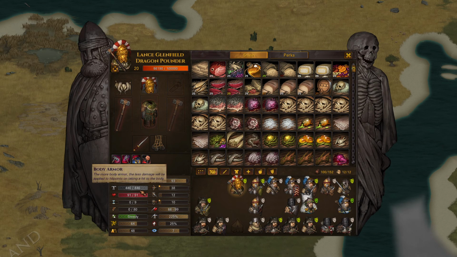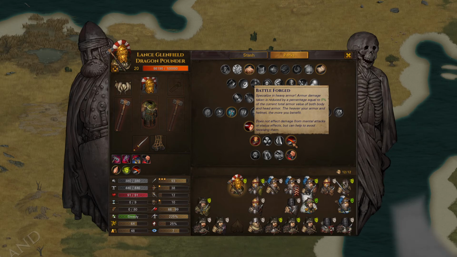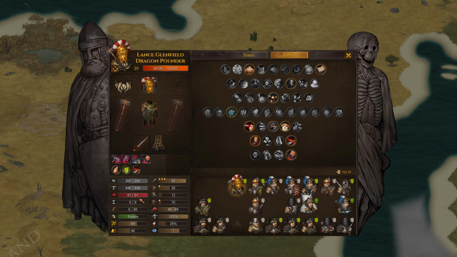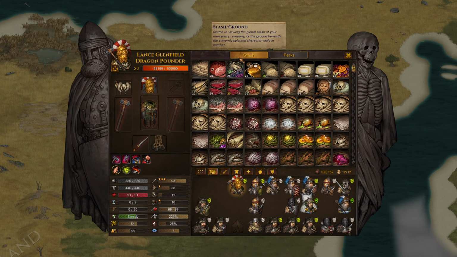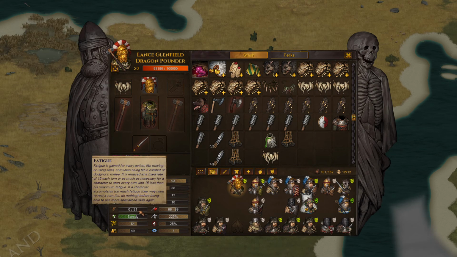Lance's armor is just enormous. 446 and 380. With his Battleforged perk, he takes almost no damage. He doesn't need a net. Oh, we need to take that off him. Yeah, it only gives him...